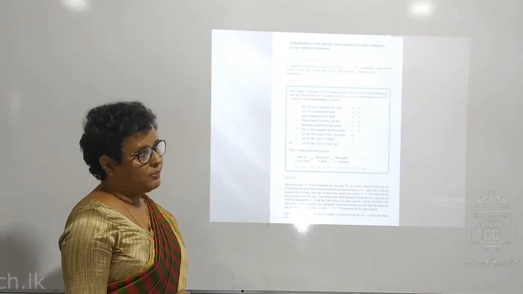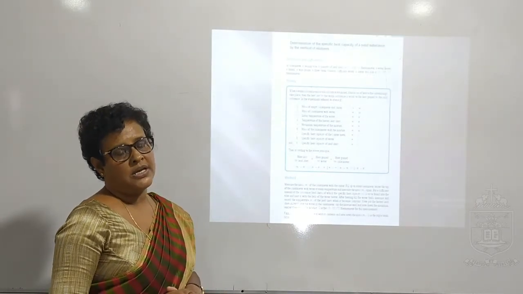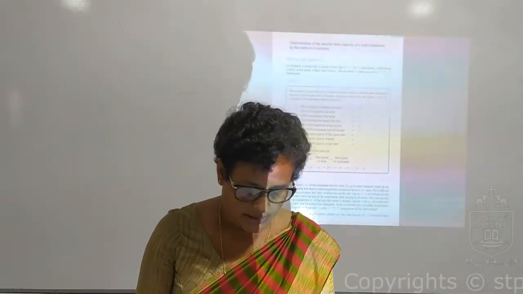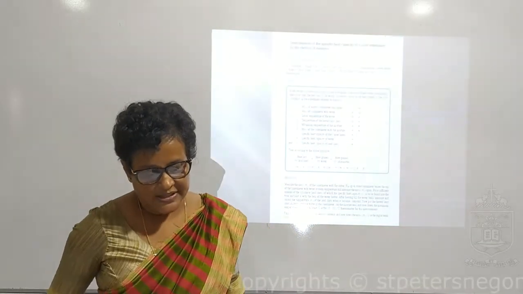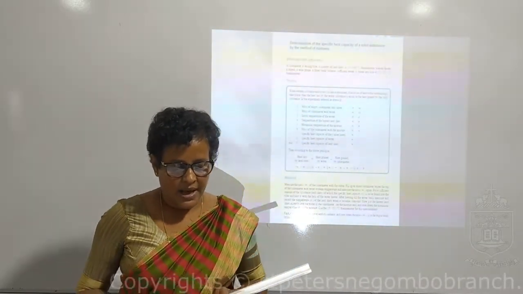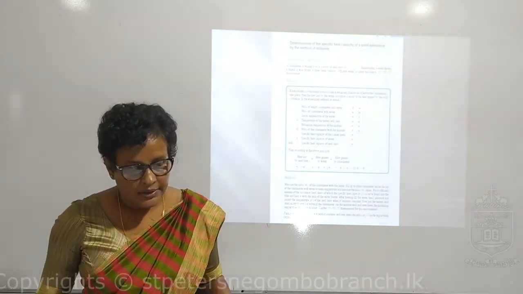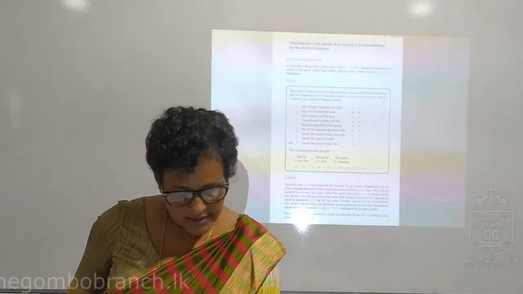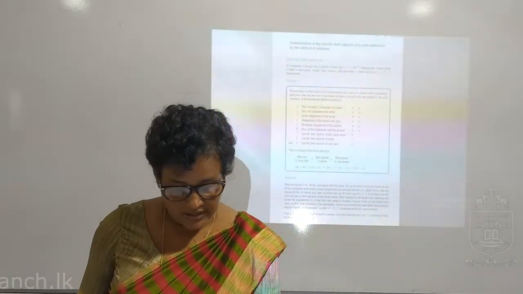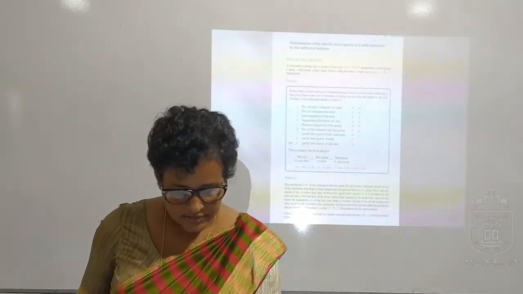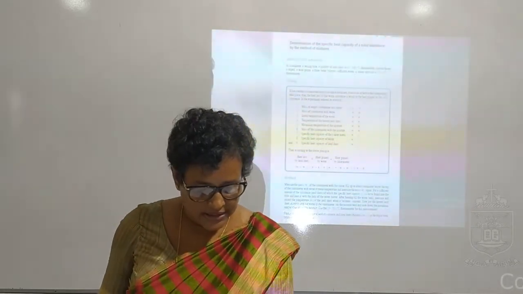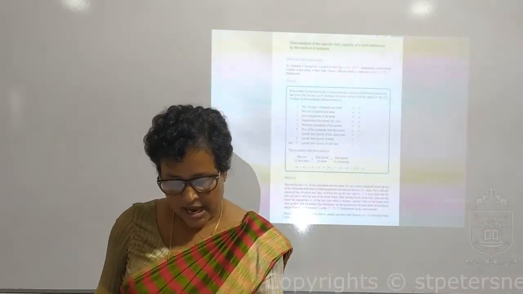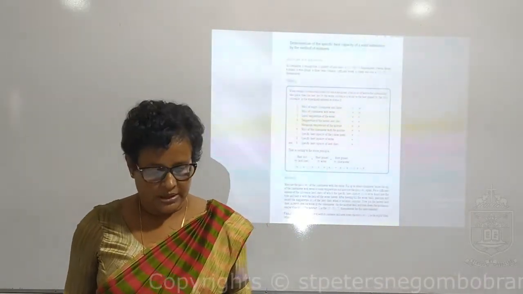See, now we have to do a practical to find the specific heat capacity of a solid, right? Now, we are using the mixture method. Determination of specific heat capacity of a solid substance by the method of mixtures. Here we need a calorimeter, a boiling tube, a quantity of lead shots. We are going to find the specific heat capacity of lead shots, right? A 0 to 100 degrees thermometer, a water heater, tripod, a wire gauze, a triple beam balance, sufficient water, stirrer, and a 0 to 50 degrees thermometer, right?